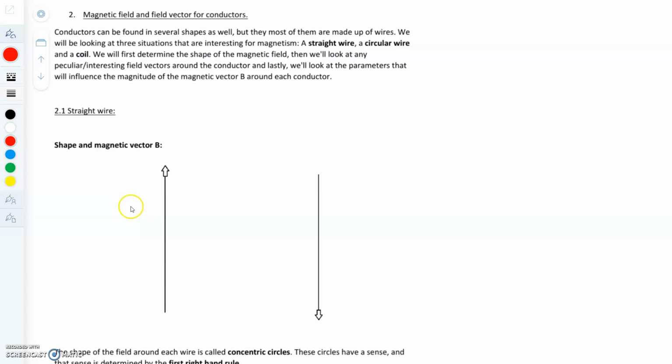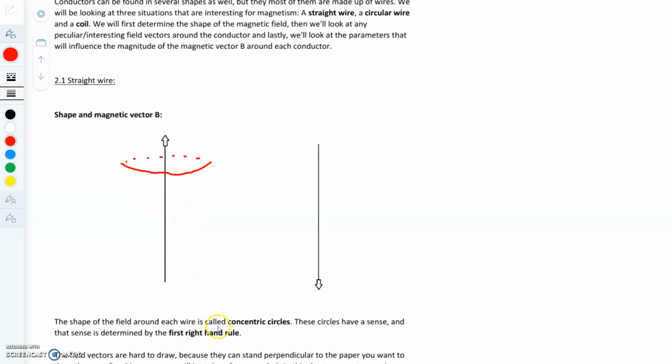Now, for a straight wire, your field lines were always concentric circles with the actual conductor as its center. And if you knew that this was the shape, all you had to do was determine the sense of these field vectors, and you had to use the first right-hand rule. The first right-hand rule said that you had to use your thumb of your right hand to follow your current I, in this case, and then your four fingers would indicate what direction the field lines would be turning,